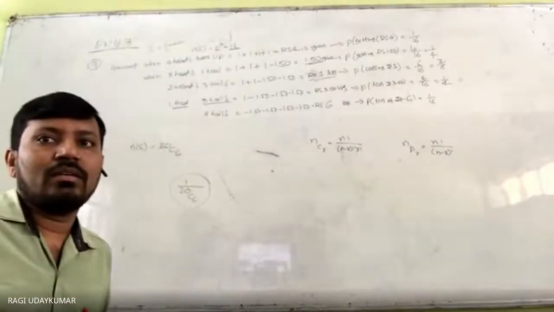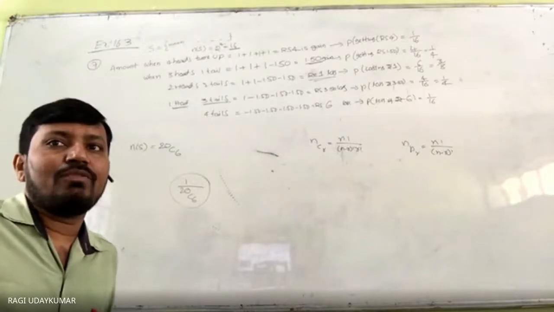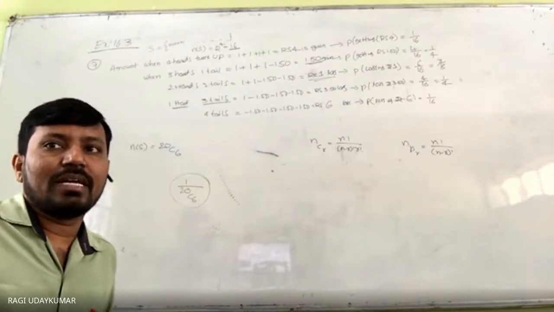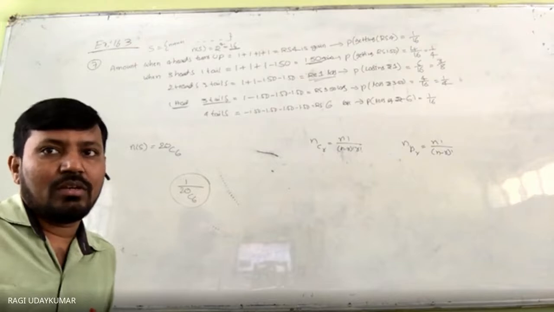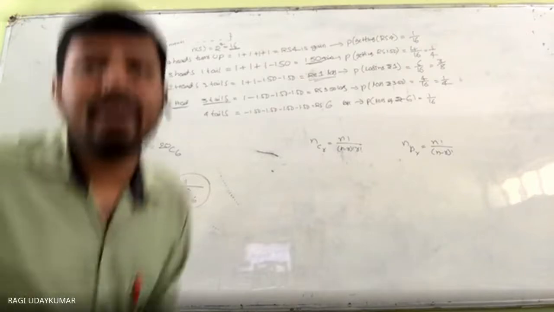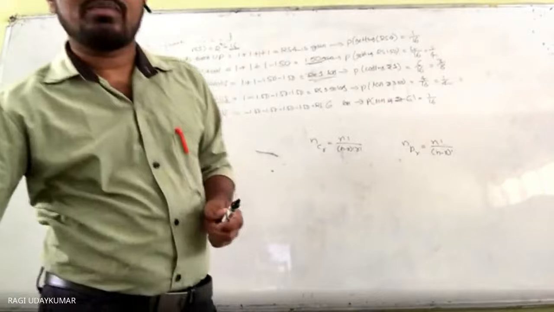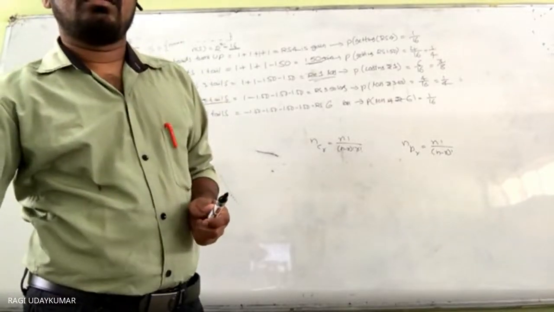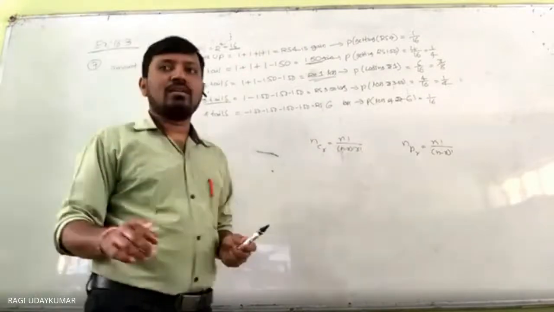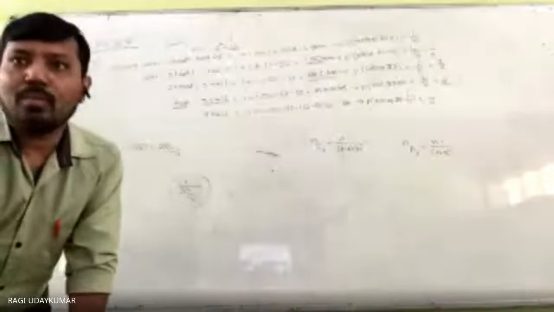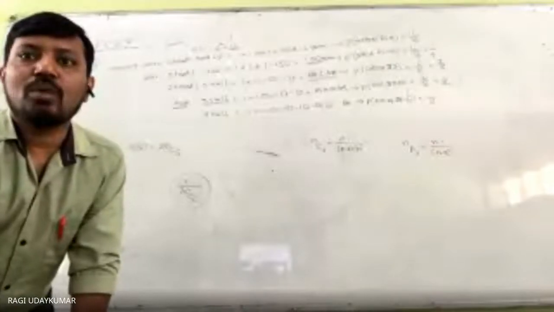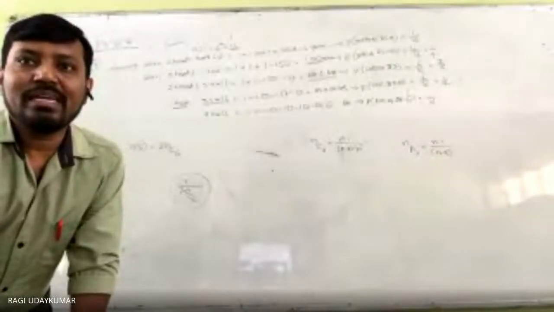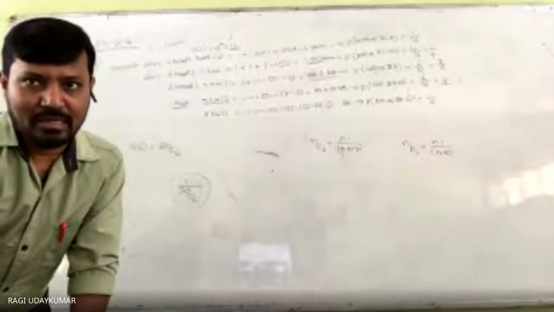Okay. 12th question. Check whether the following probabilities of P(A) are consistently defined or not. So what is the question here? Whether it is defined or not, what is the meaning of that? Probability of A is given. Probability of B is given. Probability of A intersection B is given. In the 12th question: probability of A, probability of B, and probability of A intersection B.